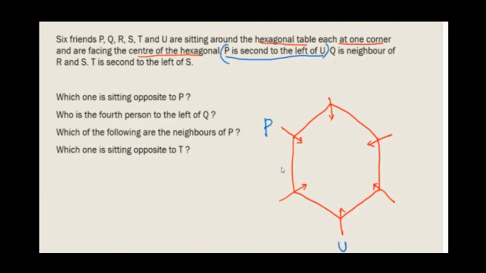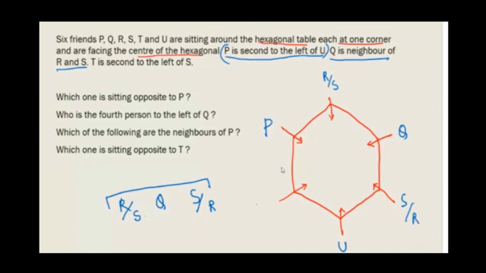Next, Q is the neighbor of R and S. What does it indicate? Q is the neighbor of R and S means to say that Q lies between R and S. That is, either it is R and S or S and R. R and S can be both the ways. Now, looking into this figure, you need to have R, Q, S together. When you need to have R, Q, S together, it is very obvious that you should be taking R, Q, S and S, Q, R. Right? Now, who is the left out person? The left out person is T. Right? This is the arrangement we have got.